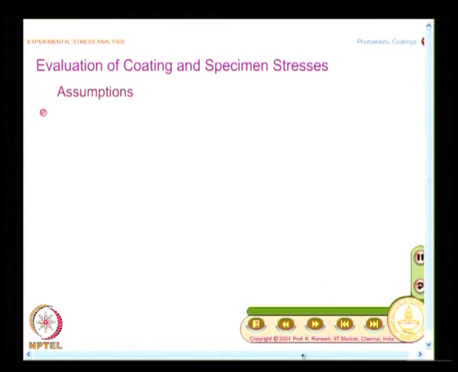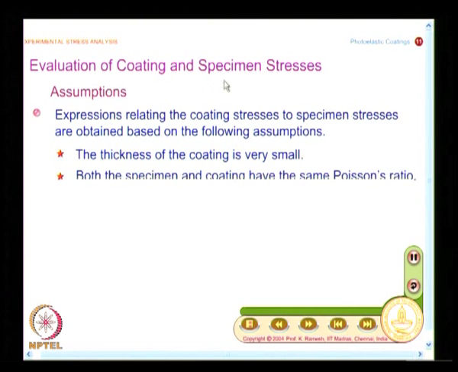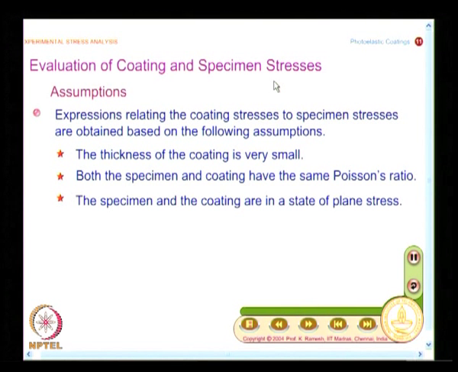Now, we will look at what is the mathematics behind it, because the focus is evaluation of coating and specimen stresses. And we have to make an assumption, without assumption we cannot proceed. Are we satisfying all the assumptions in the coating testing is what we have to examine. Just now I said the thickness should be sufficient for me to see fringes, but when I do the analysis I want to claim the thickness of the coating is very small. So, this is the assumption that I make,